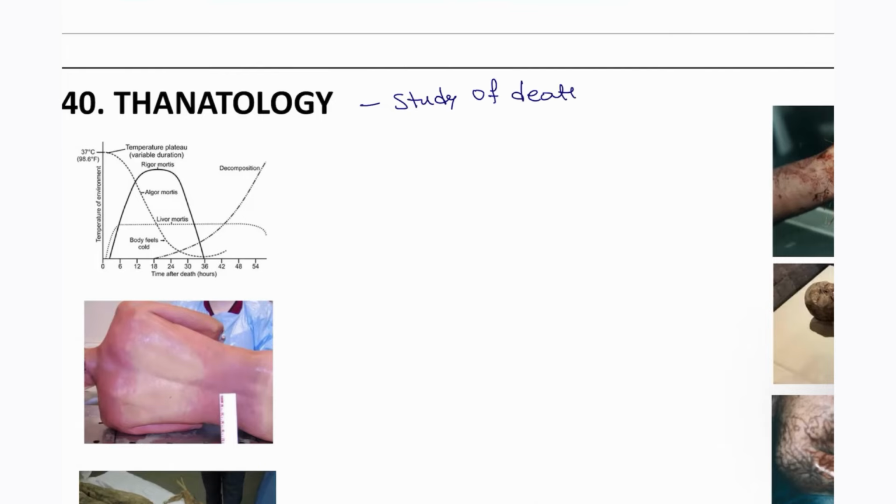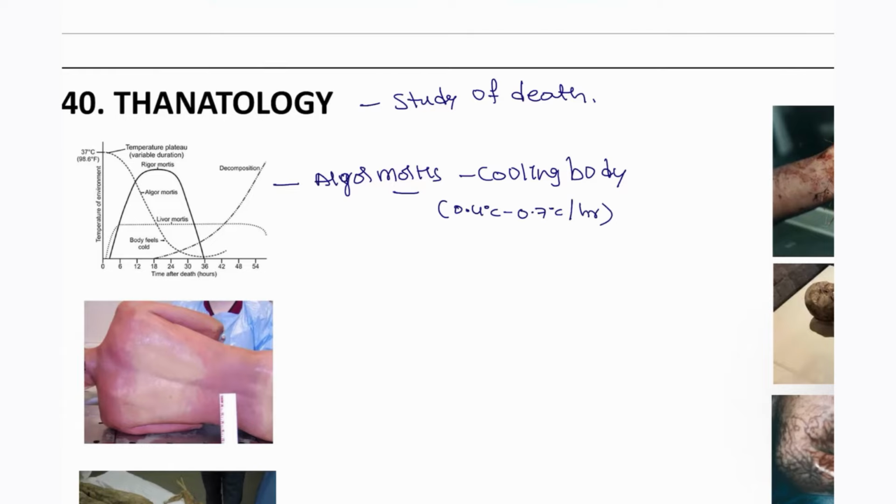Okay, it is known to the study of death. So here you are going to see the algor mortis. What is meant by algor mortis? Cooling of the body. Okay, this is seen as a cooling of the body. When algor mortis is seen, the rate of cooling is especially 0.4 to 0.7 degrees Celsius per hour. It is going to start the cooling of the body. Okay, next,